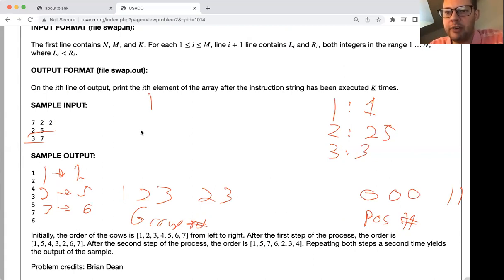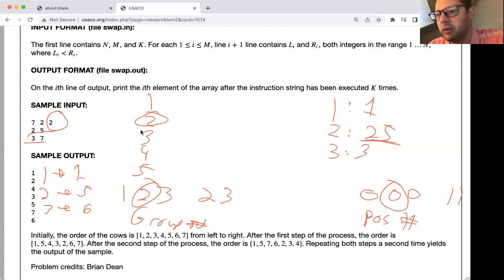Then we loop through for every cow. For every cow, we look up its group, we look up its index within that group. We add that to whatever our K value is. We do modulus whatever the size of the group is. And then whatever index that gives us tells us its ending index. And then that's going to be where it's going to be after that many steps. So that's the algorithm. Good luck coding it. And I will talk to you on the next